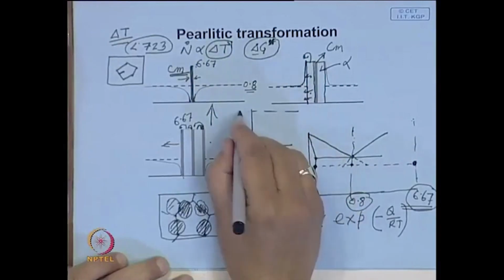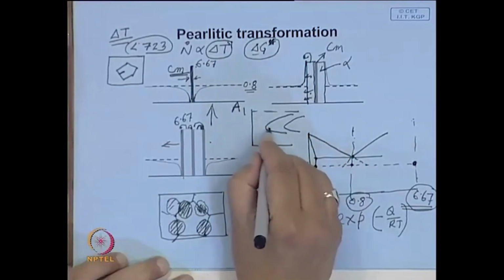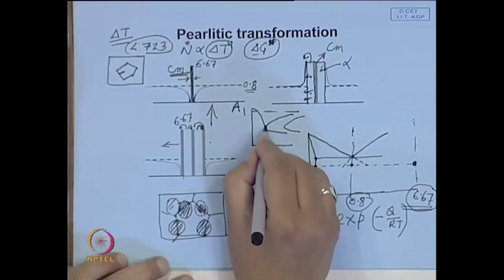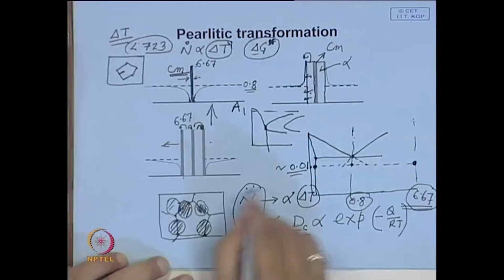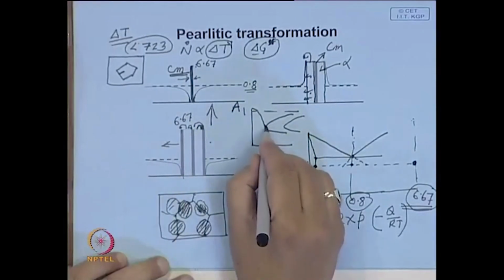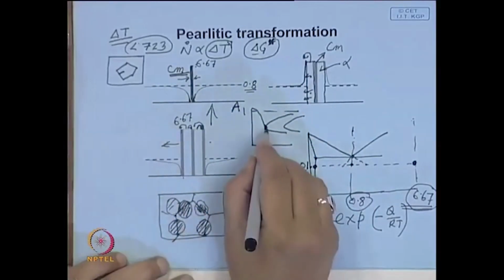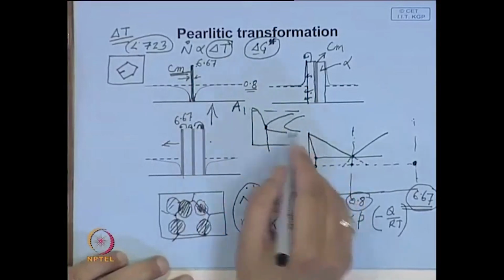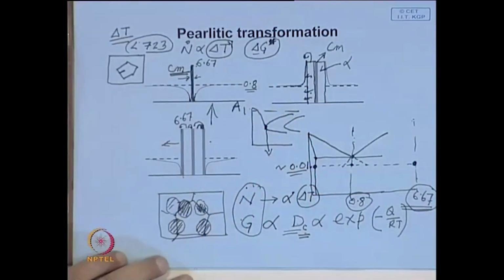So, this is your equilibrium A1 temperature, and we have seen this diagram is like this. So, this nose is the optimum combination where nucleation and growth give the fastest reaction or fastest decomposition of